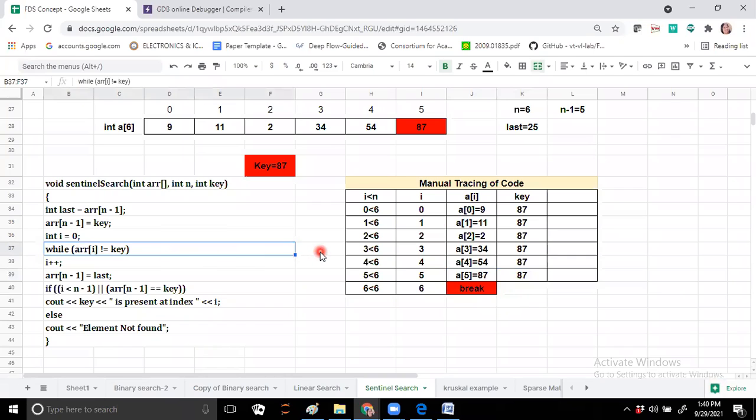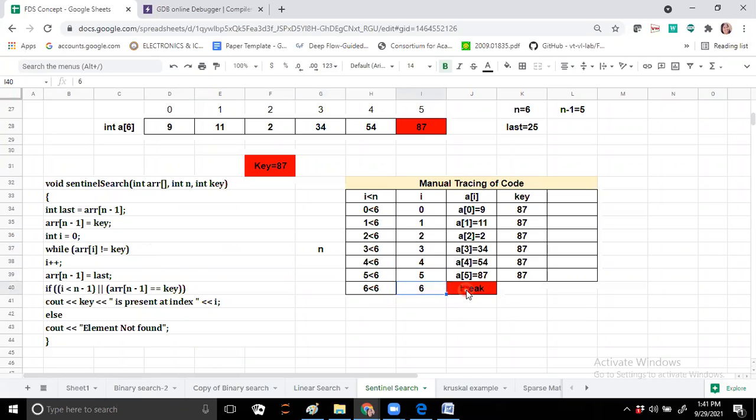Again here we are considering which factor? The worst case which occurs in linear search, at the nth position. That means here we are considering the worst case for the nth position, which we had taken for linear search. Now here you can observe your while loop breaks in the worst case at the nth time. It does not break at the n plus 1 time. At which position did it break? At this 5 position.